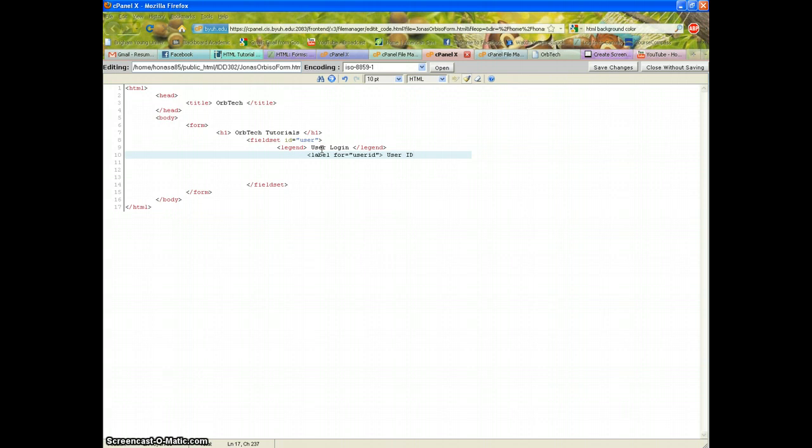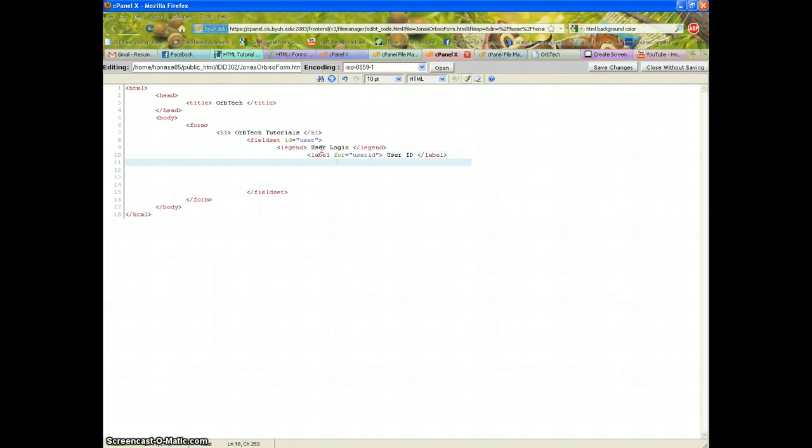When you click it, it will also activate the field where you can write your information, and put our closing label tag,